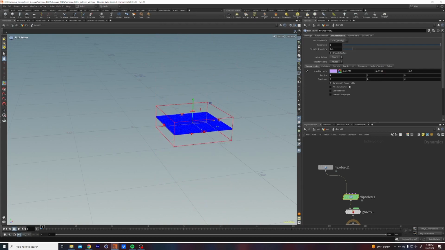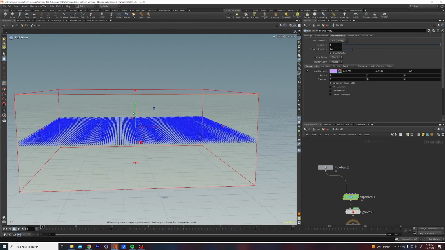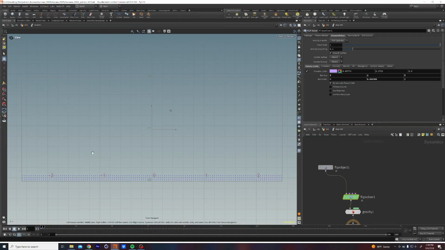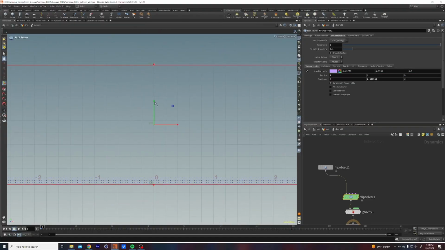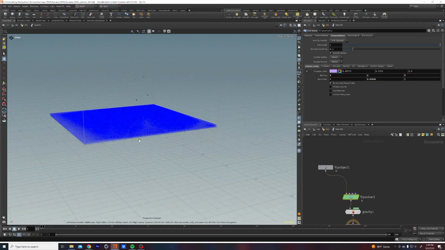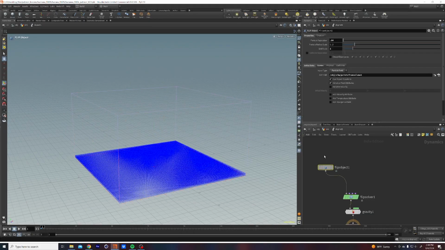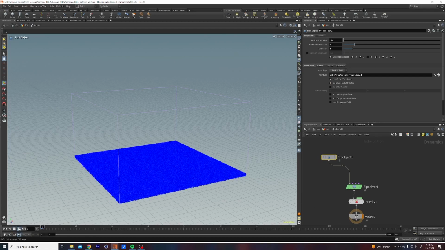Oops, like that. And let's bring this up a bit, let's look at it from the side view. Hit space 3, something like that. Okay. And then let's just raise the top a bit, just in case. And then if we come up to the flip object again, I can hit closed boundaries, and I want everything to be closed except for the Y plus, just in case it goes out of bounds. Okay, so this way it should collide. So if I just hit play,